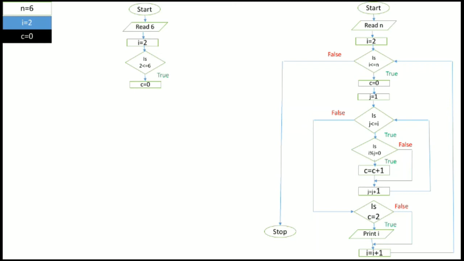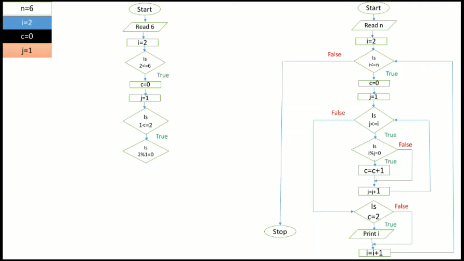Next we will assign a value to j, that is j equal to 1. Next we will check if j is less than or equal to I. So is 1 less than or equal to 2? Yes, it's true. Now we will check if I mod j is equal to 0.